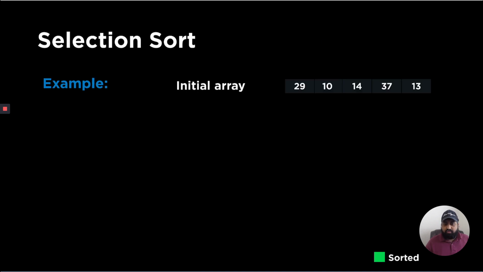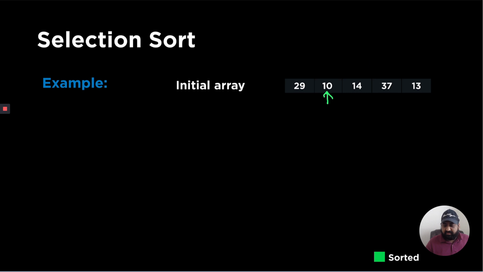So let's take a code example here with an array and try to see how selection sort passes look at every iteration. We find out what is the smallest element in this array, which in this case is 10. Now what we are going to do is swap this minimum element into its correct position, which is the first position. So we technically swap these two and our array would look something like this, which is 10, 29, 14, 37,